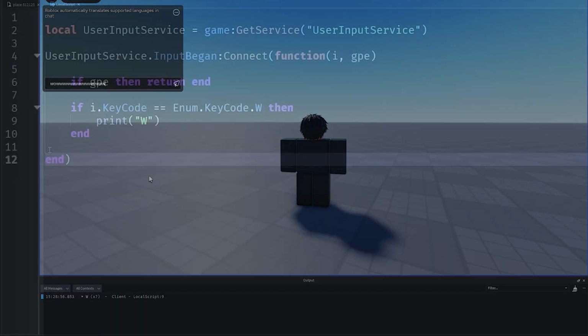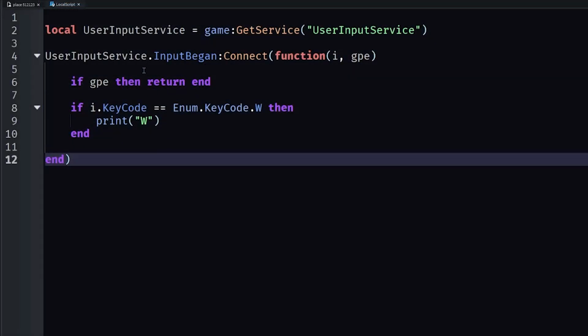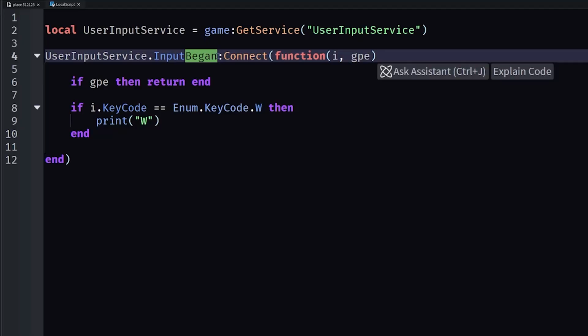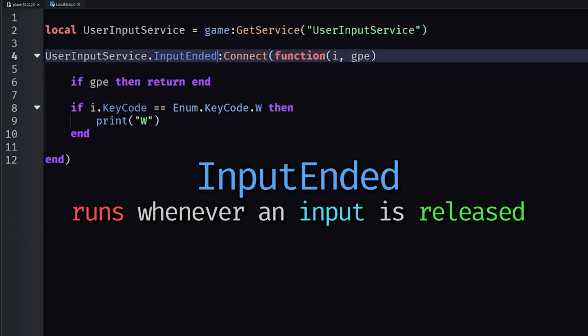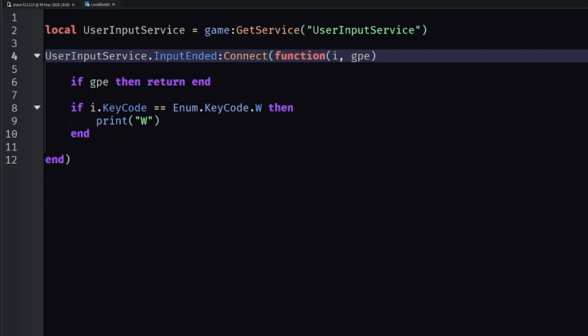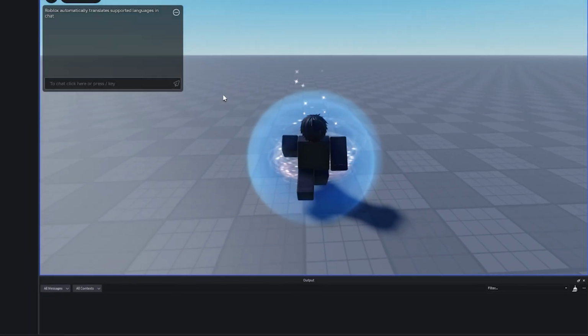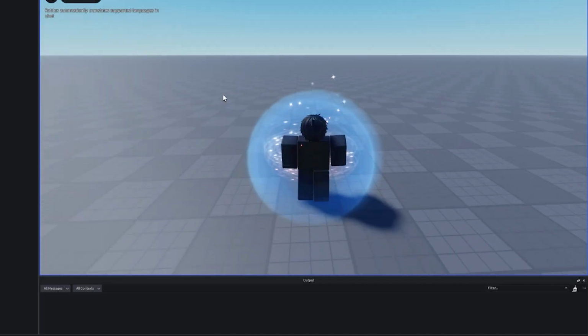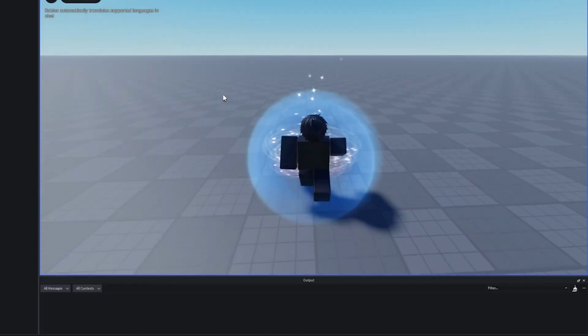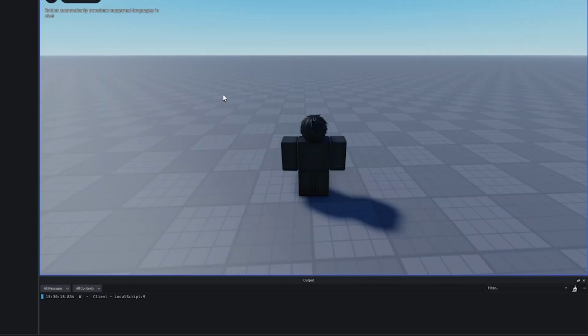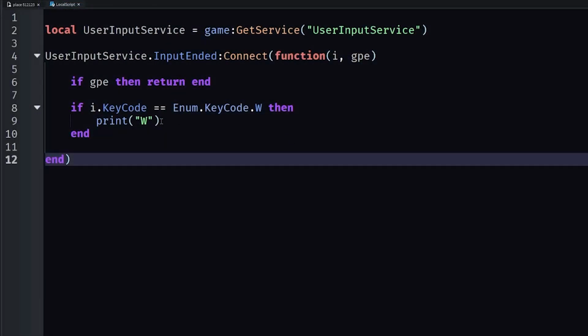in the output. Another event I want to talk about with UserInputService is InputEnded. This is going to check whenever an input is released. So now if we playtest our game, and now when we hold W, it's not going to print out W in the output. But as soon as we let go, it's going to print out W. So this is when you want to check whenever an input is let go. There are many more events that UserInputService has to offer, so I recommend you go ahead and test them out